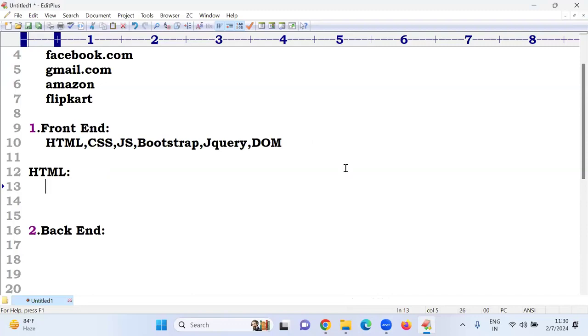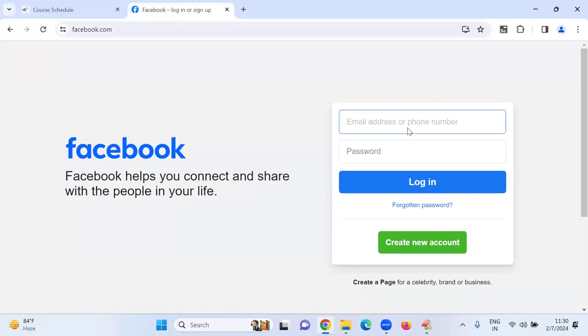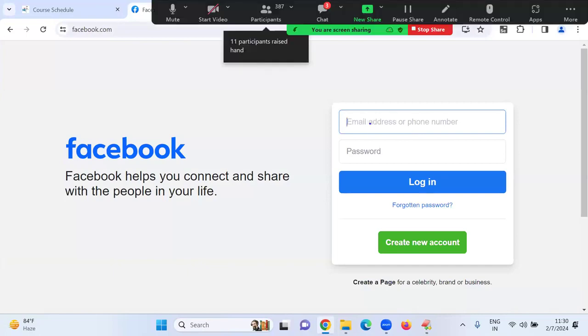I'm asking what is HTML? Okay, very good. Sir, HTML is one of the web technologies which is used to develop the front end pages.